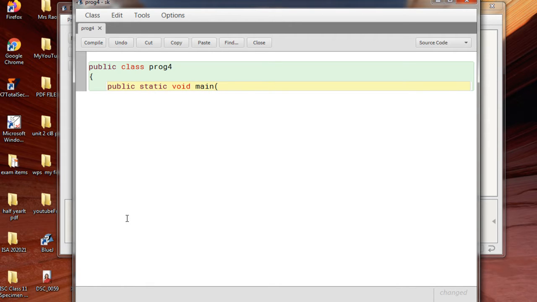Now let me tell you that equal to checks two characters, integers, double values, but it cannot check two strings. So let me show you the working of equal to first. Let me enter two integers.